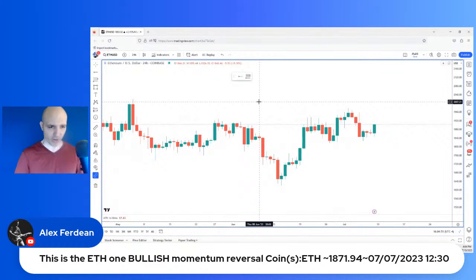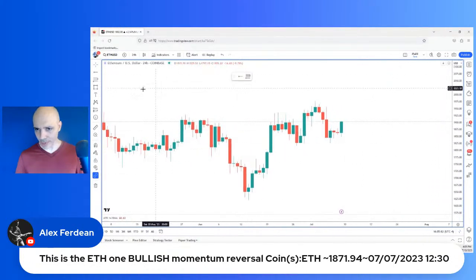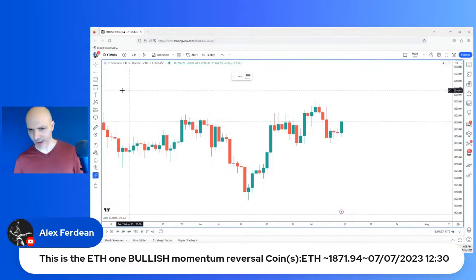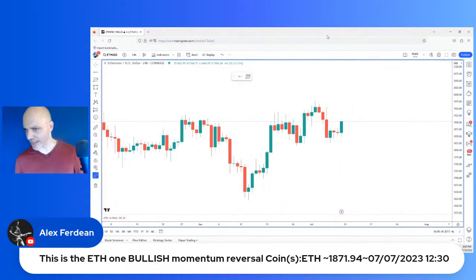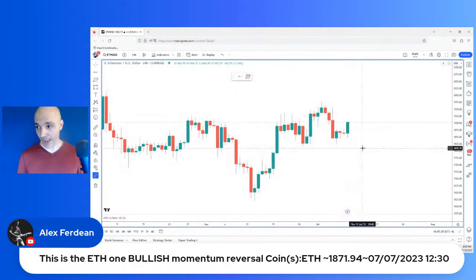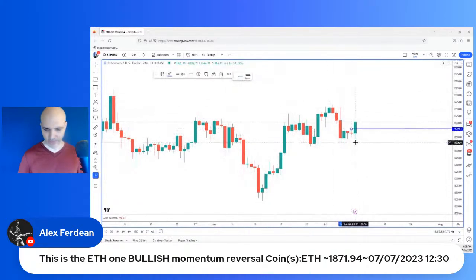That is what the trade scanner called. All right. At 1871, it called this on the 7th, 3 days ago. Right. And where was that? That was on the inside bar area. When was the 7th? Okay. Right here. Friday. Right here. This is where the trade scanner called it long. Bullish momentum reversal. And you can see the nice payoff on that. That thing's right now at 1904. Okay, call that at 1871. You do the math. The point is, if you missed that, the next trade would have been around 1879, which would have been here. Okay.